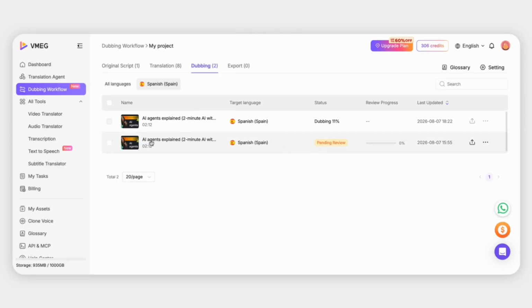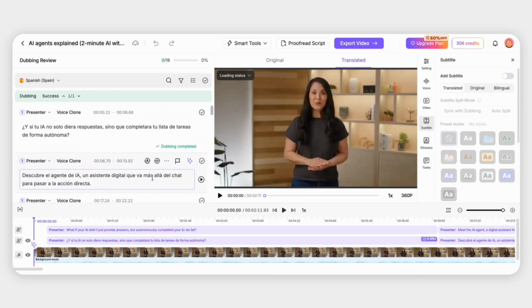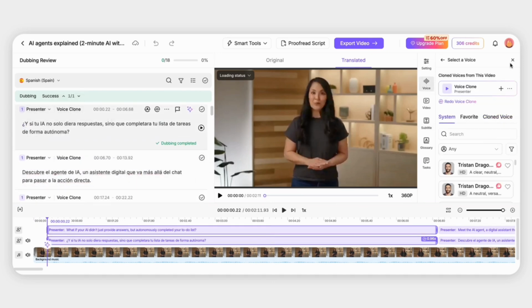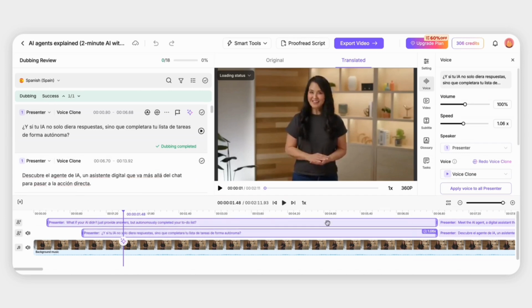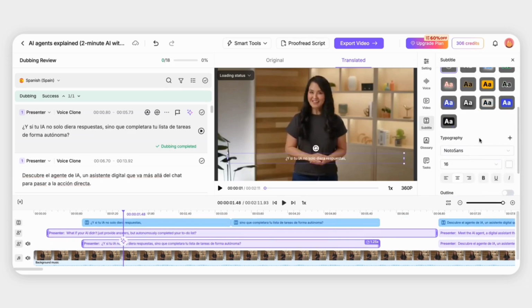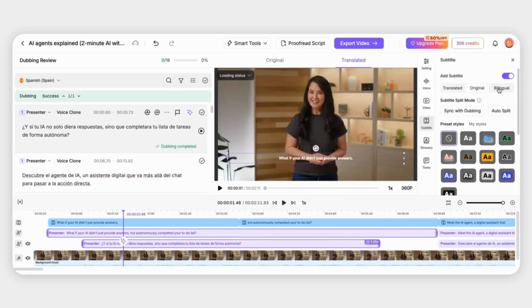Here, you can fine-tune every part of the dubbed video. You can change the voice for each sentence, switch speakers, regenerate specific segments, and manually adjust the start and end timing. You can also customize subtitle settings, including adding original subtitles, translated subtitles, or bilingual subtitles. The dubbing workflow provides many editing capabilities similar to our dubbing editor, allowing you to complete the final adjustments before